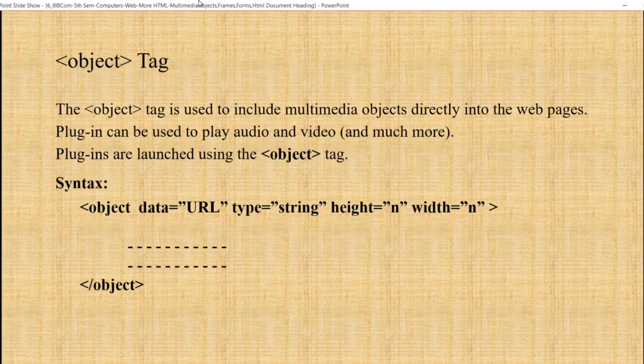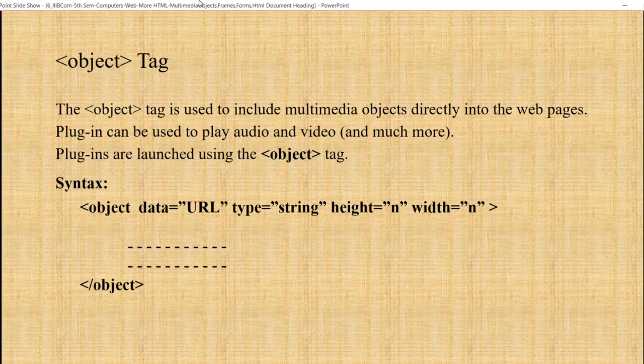Then the object tag. What is an object tag? An object tag is used to include multimedia objects directly into a web page. What does it include? It can include audio files and video files.